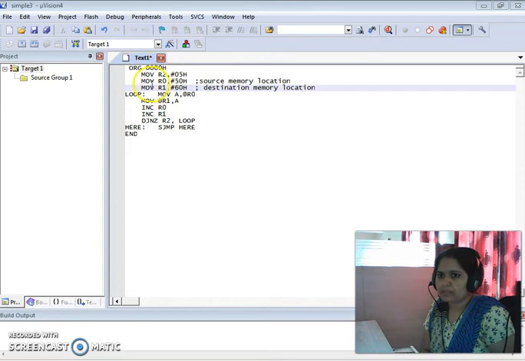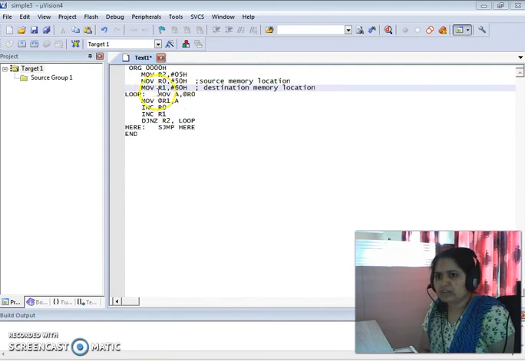Now these are the two memory locations I have already declared, the source memory location and the destination memory location. Now what I have to do is, from the 50H memory location, whatever the content is, that is to be transferred to the 60H memory location. And here I have used the indirect addressing mode.